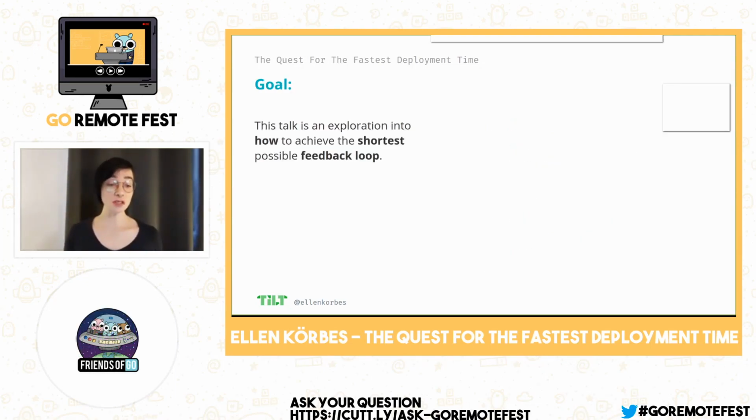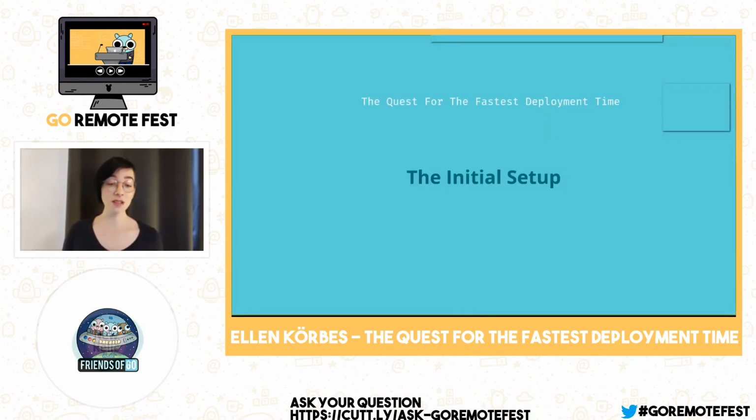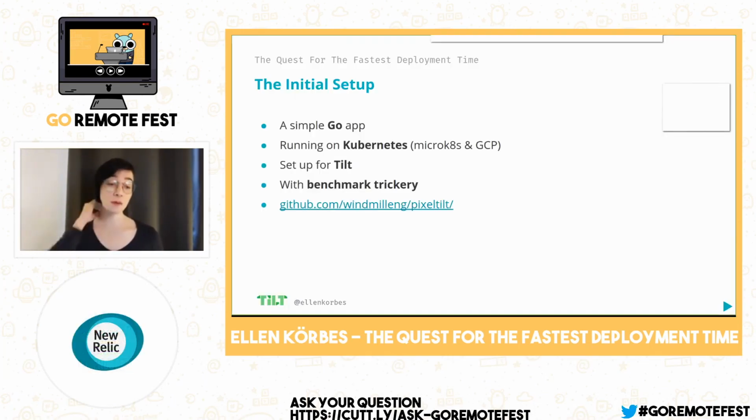Okay, so the goal of this talk is to show you how to achieve a very short feedback loop for a Go application. And here's how we're going to do it. It's a Go app. It has a few microservices. It's going to run in Kubernetes, and everything I'm going to show you is going to be benchmarked